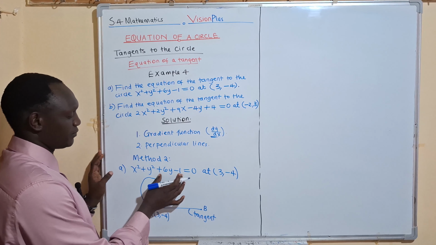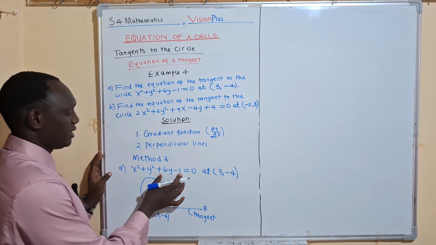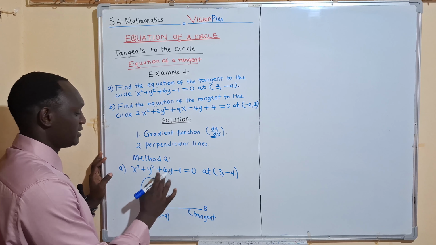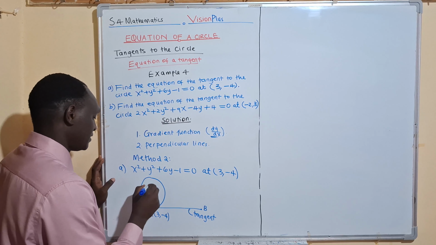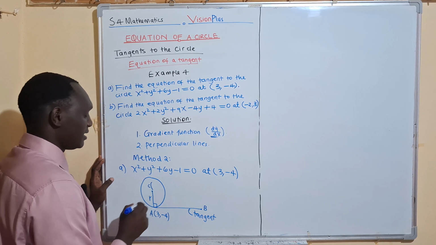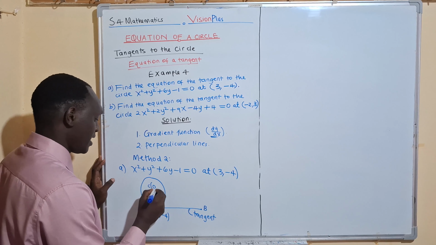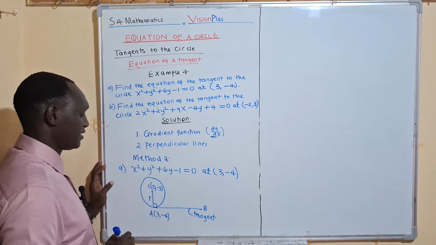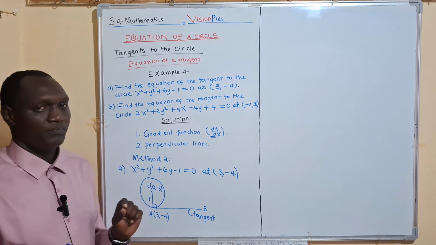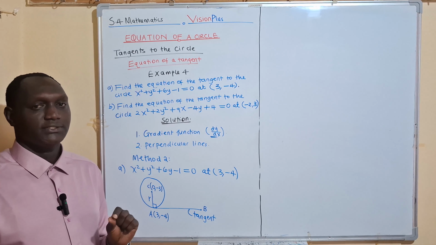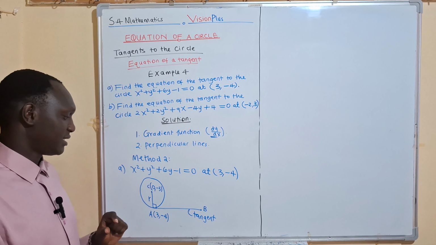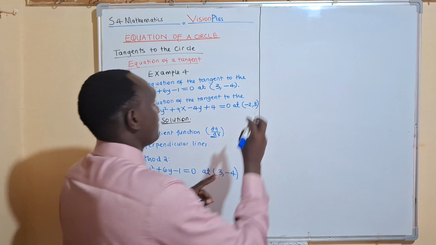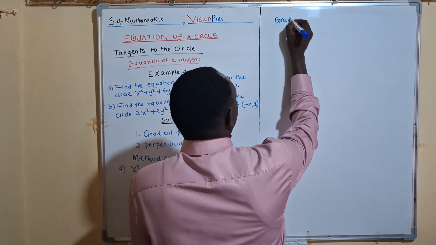If you look at this equation in the expanded form, you can compare the equations and coefficients, and then you get the coordinates of the center. But in this case, if you have practiced, the coordinates of the center are (0, -3). These are the coordinates of the center, (0, -3). Now, what do we need to do? We need to find the gradient of the radius so that it can assist us in finding the equation of the tangent. So, finding the gradient of the radius,